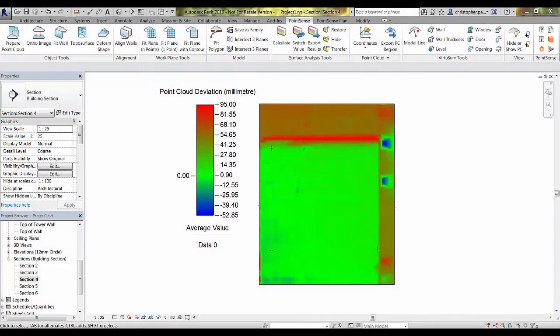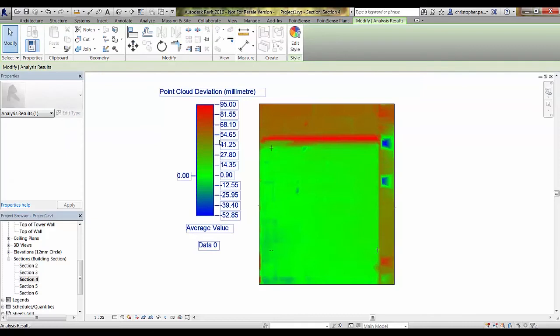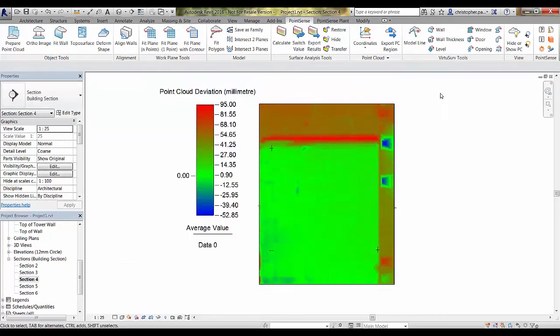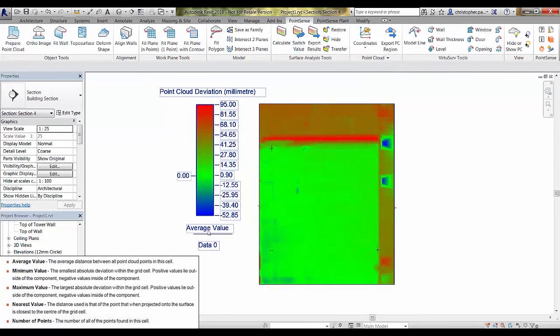So if we take a look at the values in more detail now and look at the graph or legend we have, this will scale similar to the way most annotations in Revit will. If we change this to 1 to 200 and back to 125, you can see it's changing its display. Now we can switch the value that is displaying. You can see at the bottom we've currently got average value, which is data set 0. If we switch between these,